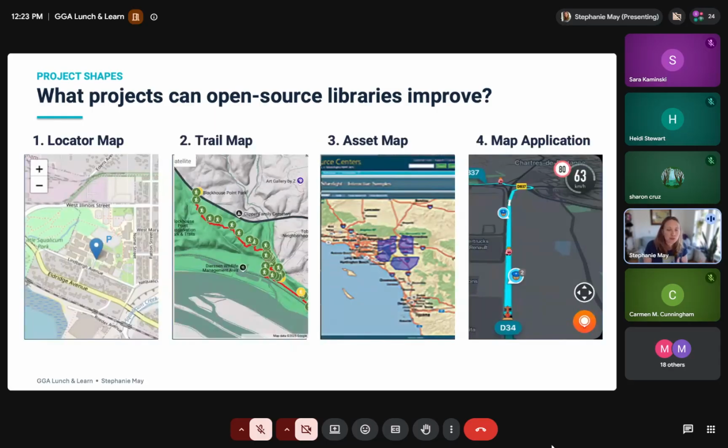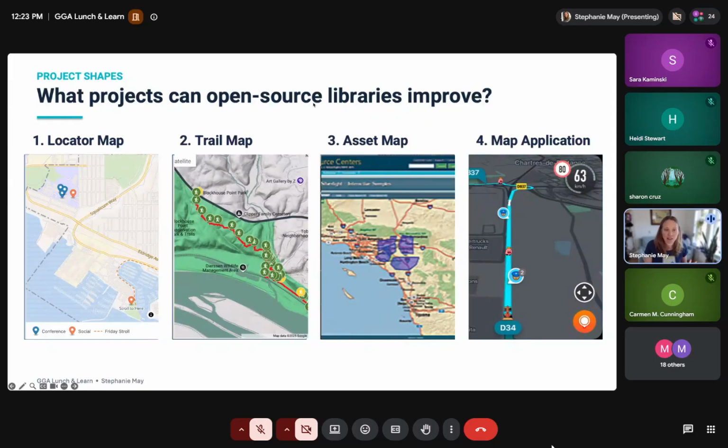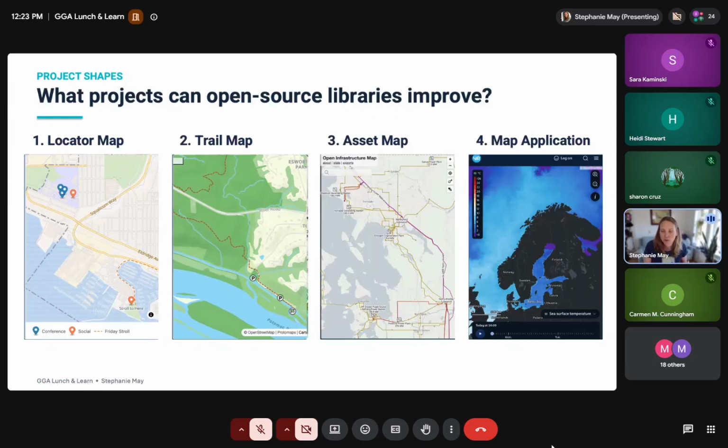So here's just 4 examples of common different web mapping types: your standard locator map, your trail map, your asset map, your mapping application. 10 years ago, lots of kludgy bad cartography was just the norm in these things. But these days, it's actually relatively easy to produce stuff that's really nice. A lot of it, the vector tile